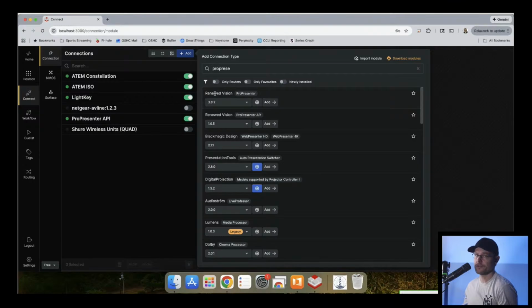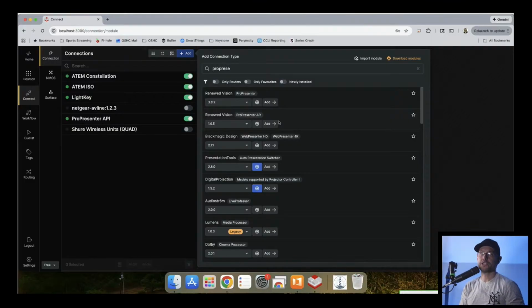ProPresenter 7 version 21 does not support Renewed Vision ProPresenter 302. You have to use the ProPresenter API, 105. I discovered this about a month ago, that once I updated ProPresenter, this doesn't work. The good news is the API is pretty much the same thing as the other one, but it's a little more universal, so you can switch over.